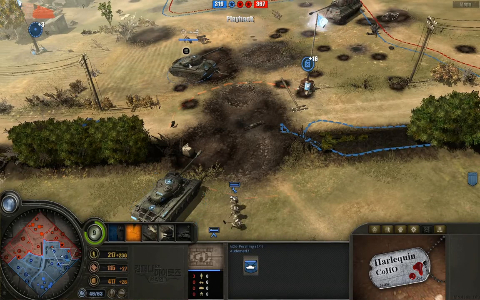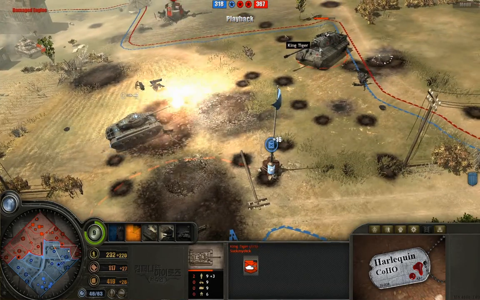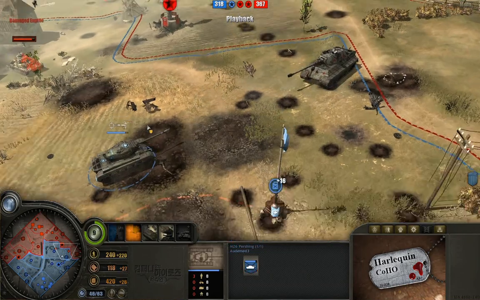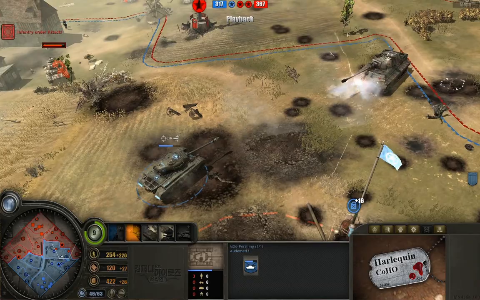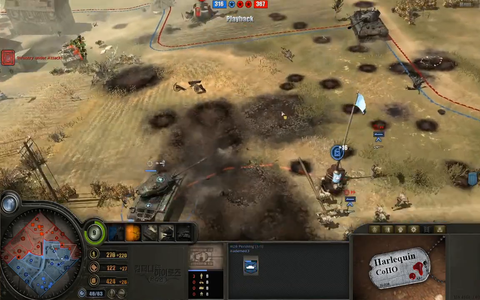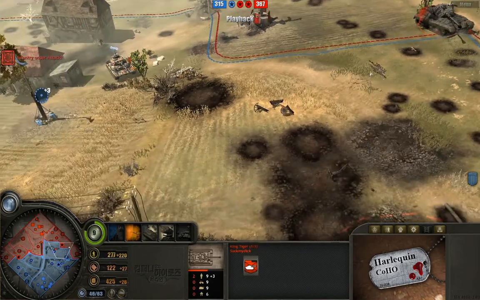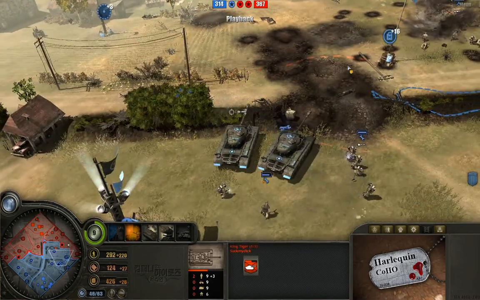I'm surprised that he didn't begin this with a bunch of HVAP rounds, but now he's got HVAP, just trying to tough this one out. I would love to see this tank move around a little bit more. Could be he's worried about mines or something, but he really should kind of swoop around and just make this thing turn and fire on him. If you have two vehicles attacking one larger vehicle, you almost always want to have them on opposite sides. You want half of your force to be able to...